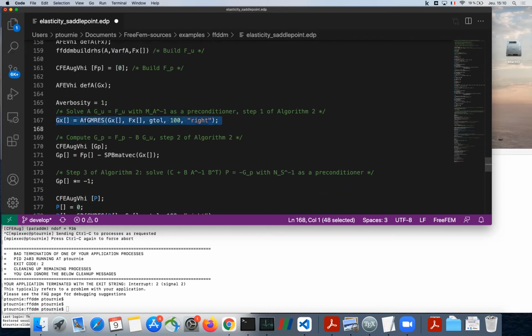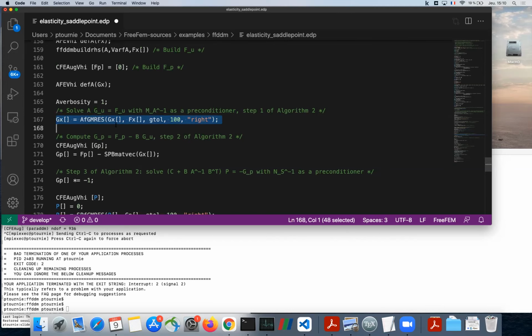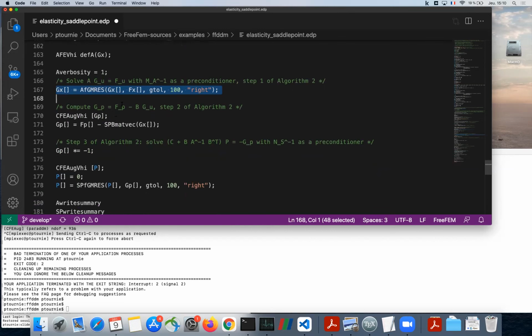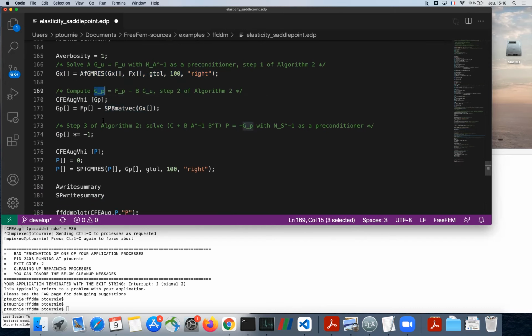This is just solving for A using the GenEO preconditioner for A. Then I go to the pressure space, so I need to multiply by B. This is distributed like this, so we wrap the distributed operator B for you with the B mat-vec here. Then I can compute g_P here, so now I'm in the pressure space.